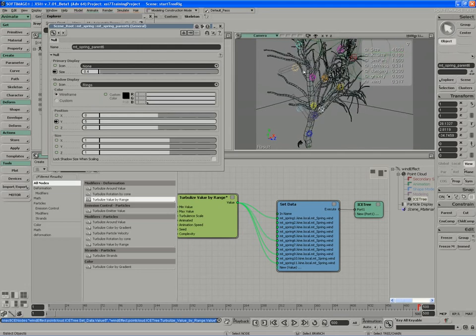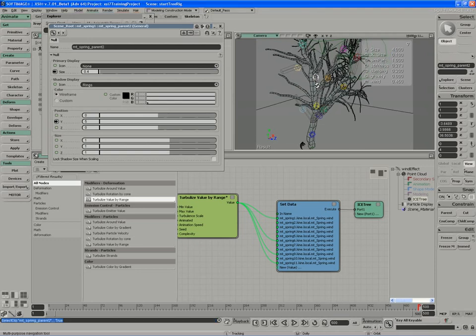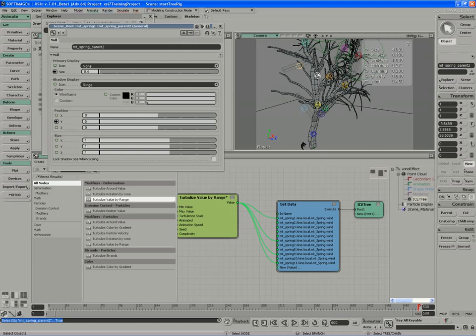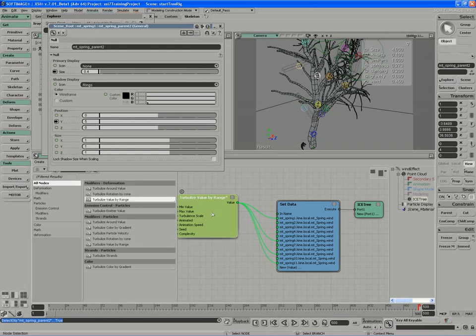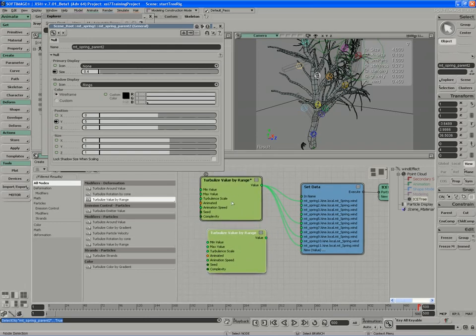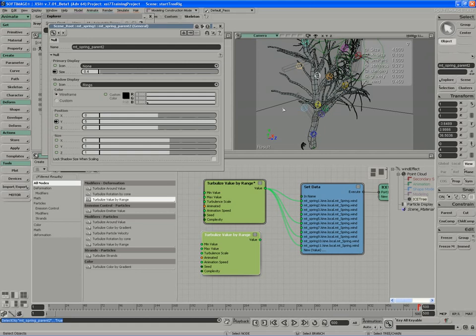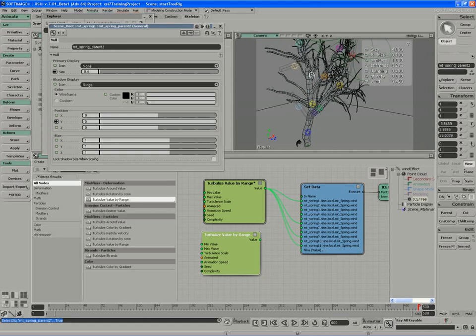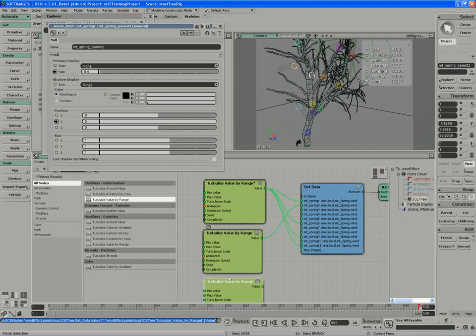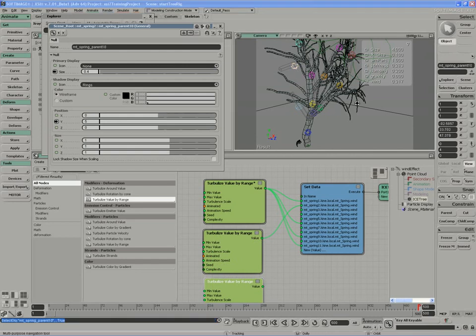The next level of springs makes up a somewhat looser affiliation. This one in the middle should still be fairly strong in terms of wind resistance as it's making up the broad bulk of the trunk, but these other ones should be a little lighter. So I'll copy paste, and I will give the trunk, which is spring parent 2, its own turbulize, and I'll copy paste one more time and use spring parent 10,